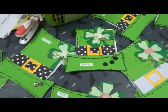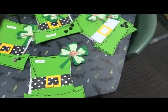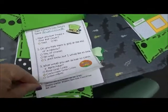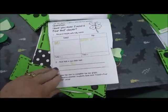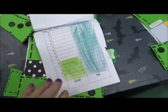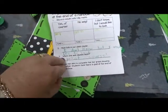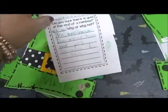You know, there's always those kids that... so this is showing me who understands graphing and who doesn't have it. So here's one. They had to fill out the survey. As a class, we collected the data, then we did this one together. So this was a together one. Then they went away, we collected the data, and they had to complete the graph themselves and fill out the